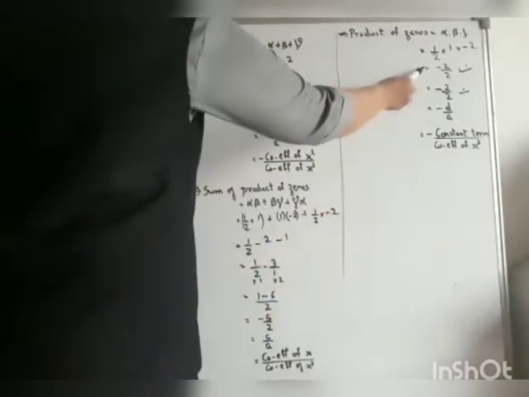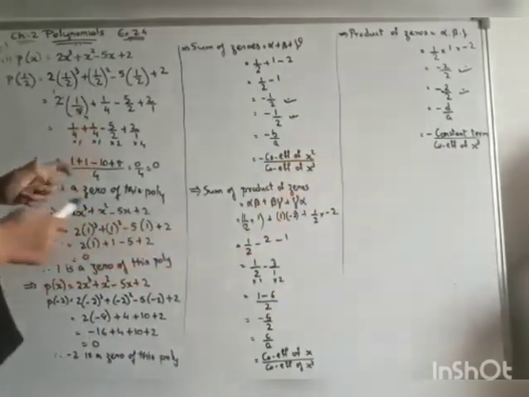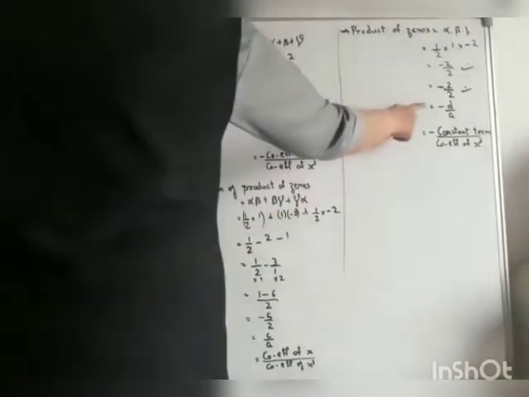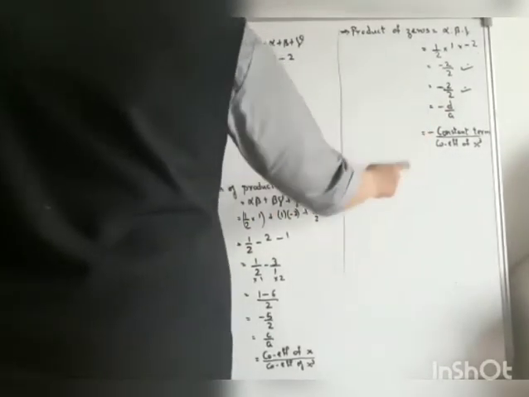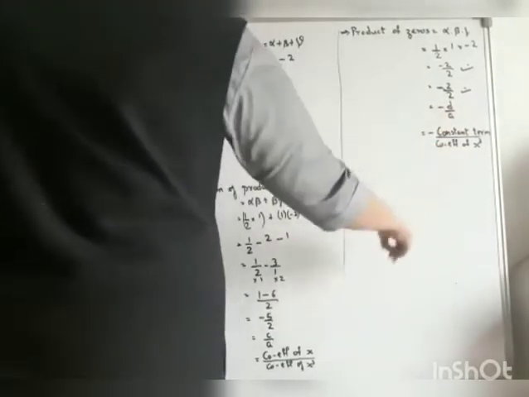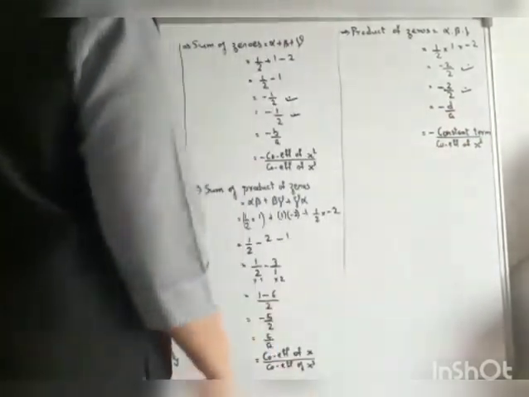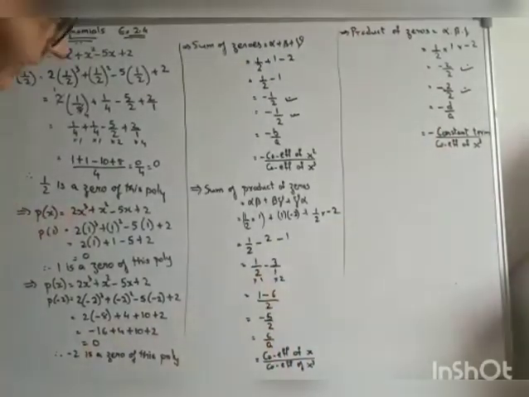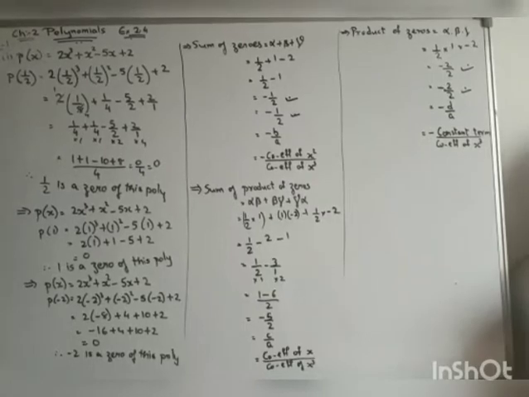Now check whether these two are the same or not. Yes, here we can see both are the same. The formula for the product of zeros is minus d upon a. So minus as it is, d means constant term, a means coefficient of x cube. So we have shown the relationship between product of zeros and coefficients. Children, in the same way, in this first question two sums are there. One I have already done. The second you can do on your own.